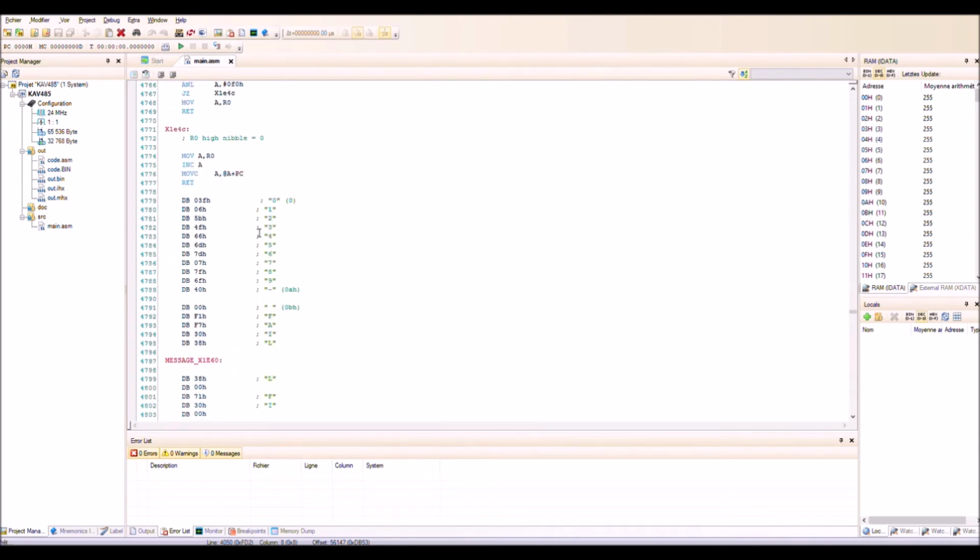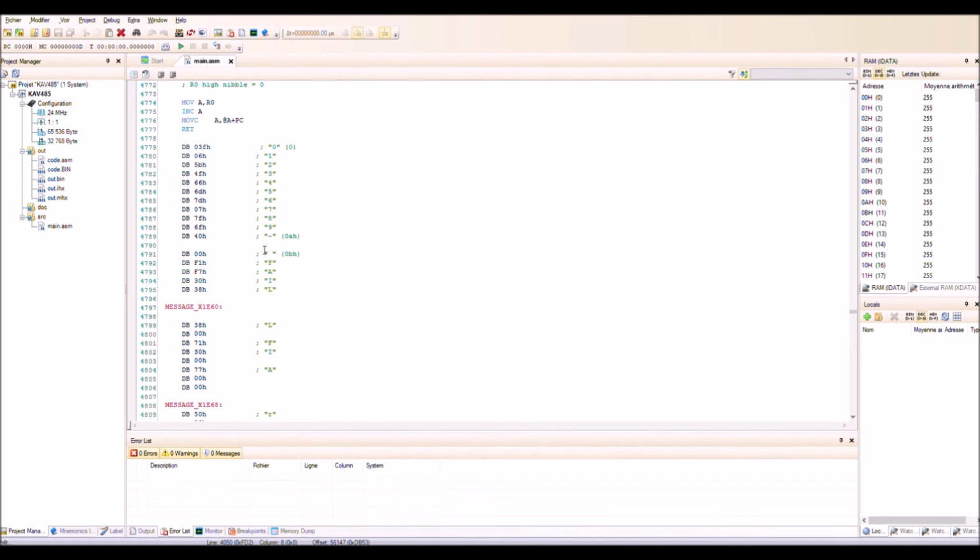And we have this table which is interesting. So this is the table which permits the 7-segment decoding for the digit 0 to 9 and the minus sign, and there is also blank and the message fail here. So this is a coding table, so from the entry from 0 to 11, I think, you have all these symbols.